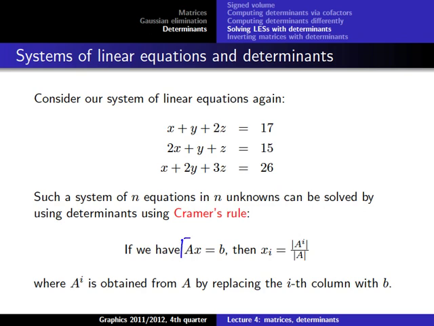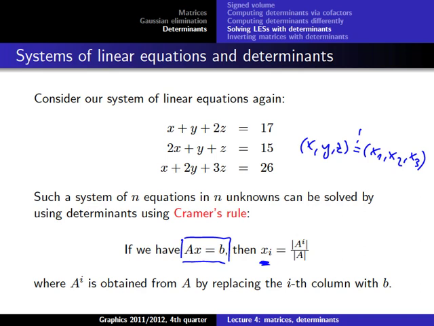You remember we can write this with matrix notation as Ax = b, and then Cramer's rule said that the solution of the xi... that's actually a little confusing notation here. So let's just set x, y, and z to x1, x2, x3. I should correct that for next year on the slides. Sorry for that. So then we can see Cramer's rule tells us that each xi can be calculated